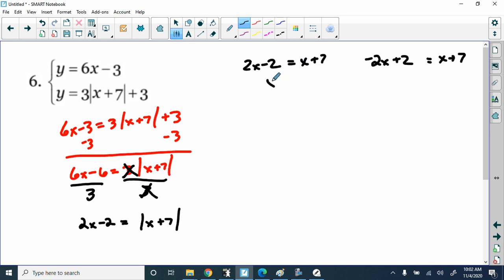Subtract x, add 2, add 2x, subtract 7. To get the y value, we're plugging this back in. You do need to plug into both equations, though. Absolute value functions sometimes have extraneous solutions. So if I plug in 9, this with that fraction there would probably be a calculator problem, so let's check